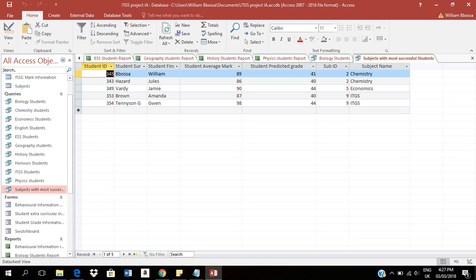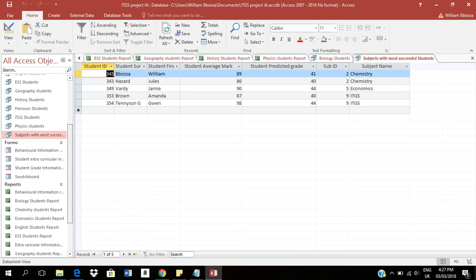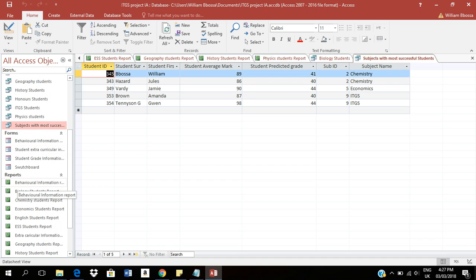And it also presented the subject identification and the subject names from the table called subjects. So I believe that this is another effective use of queries within my database to help things become a bit simpler. So the next step that I took was to create various reports